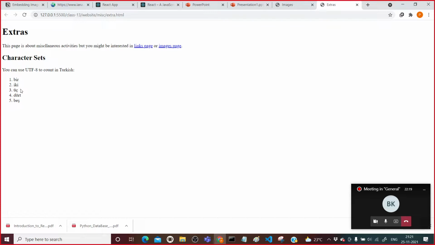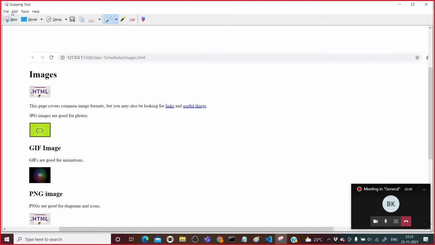We cannot read what exactly has been written. Each character set has its own meaning. Here you can see that it has some weird stuff. So what I will do, I will snip this.